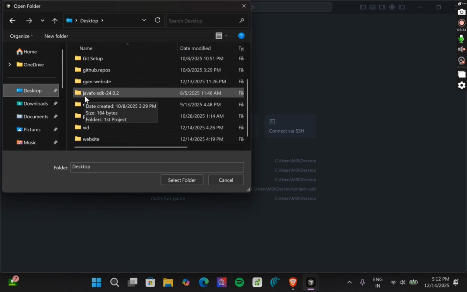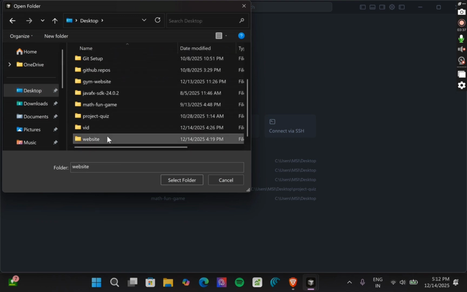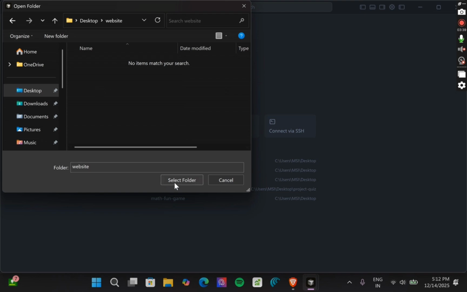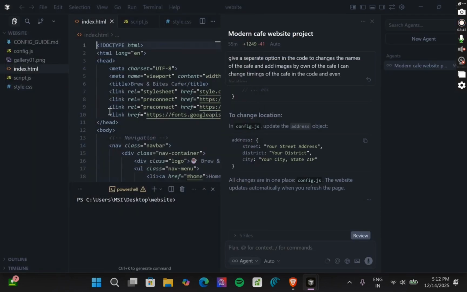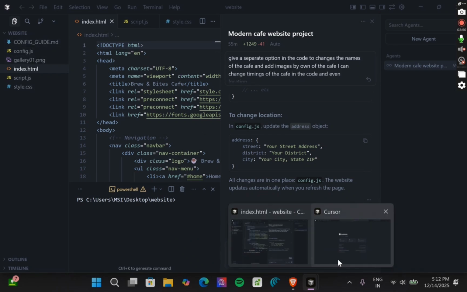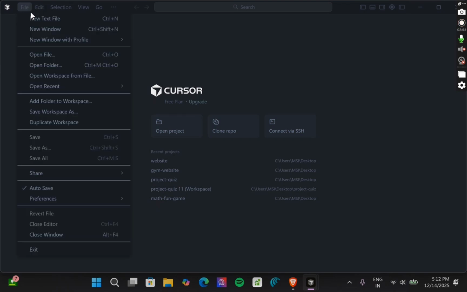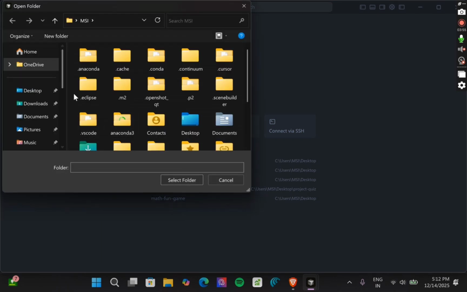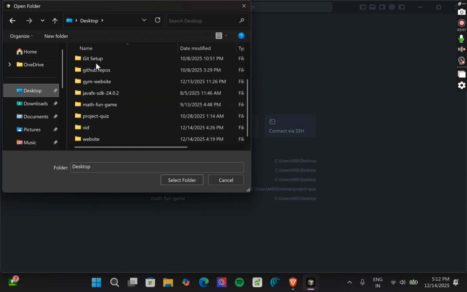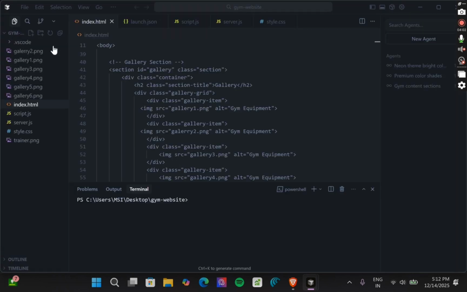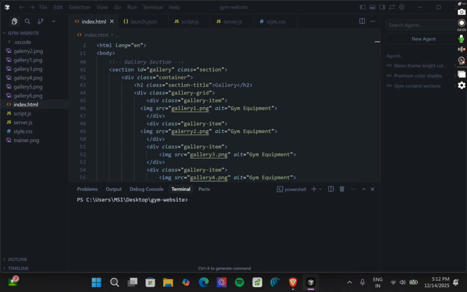So first of all I will open a folder of a simple website, and you see this folder is empty. So first we need to select the folder, and when we select the folder you see all the files inside the folder. So let's go to files again. I have to open a folder, and if I want to open this folder, so let's start it. So you will see you can get all the stuff in the folder,